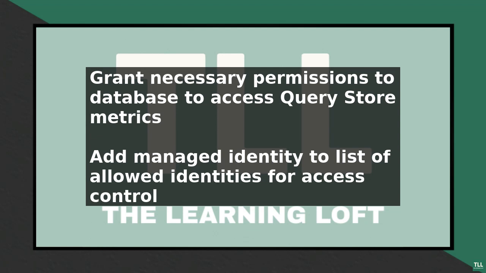The sys.query_store_runtime_stats system view provides a range of metrics, including average execution time, CPU time, and memory usage. You can use these metrics to identify queries that are consuming excessive resources and optimize them for better performance. Best practices for using Query Store with managed identity include monitoring query performance regularly, optimizing queries for better performance,